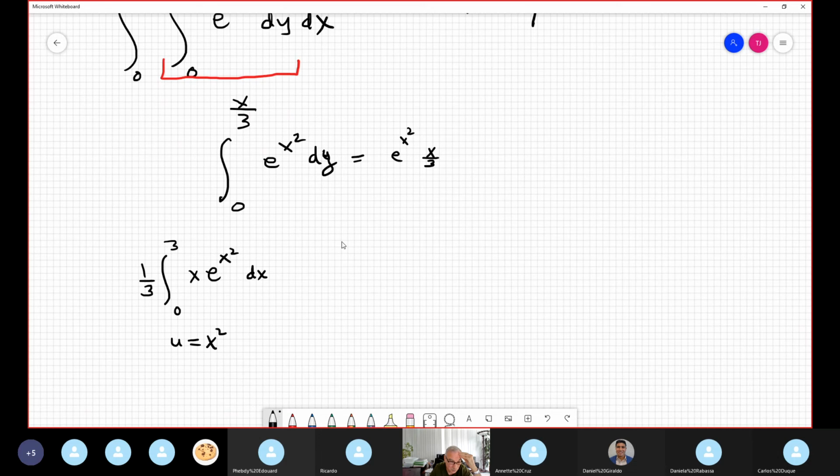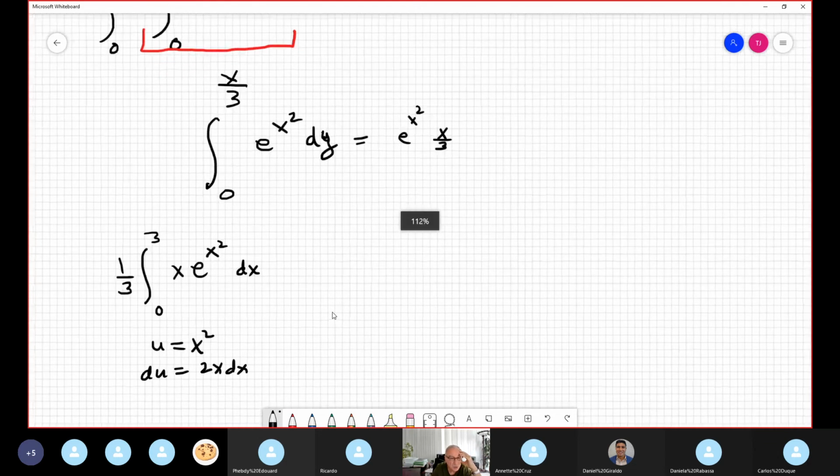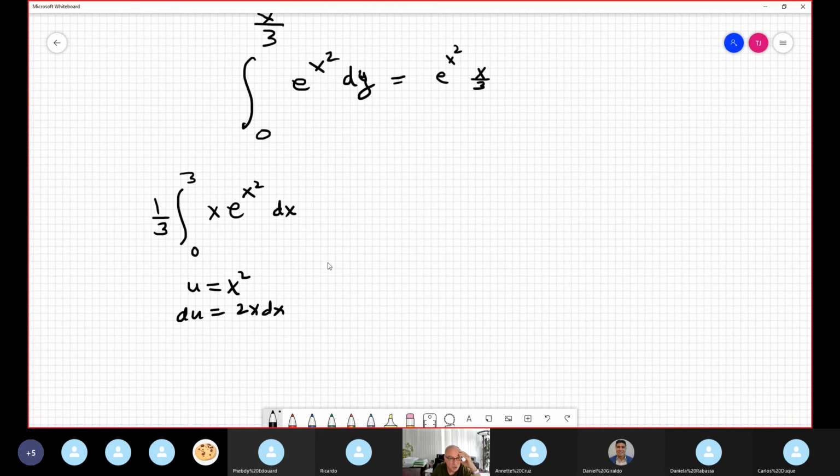Therefore, to complete the differential, we need one extra 2, okay, put here artificially. In order to not change my integral, I multiply by 2 and divide by 2. So you divide by 2, now it's 6. Okay, it's the same, right? So 1/3 is 2 over 6, no secret. So 1 over 6